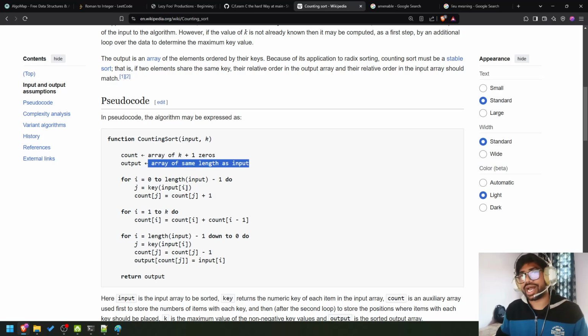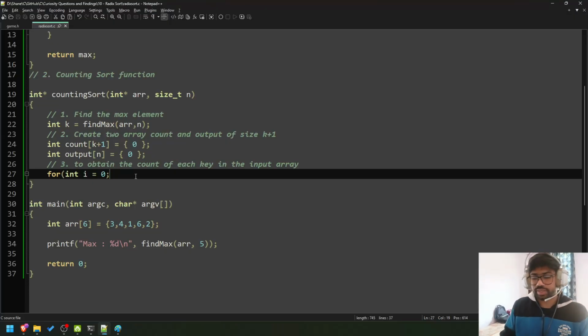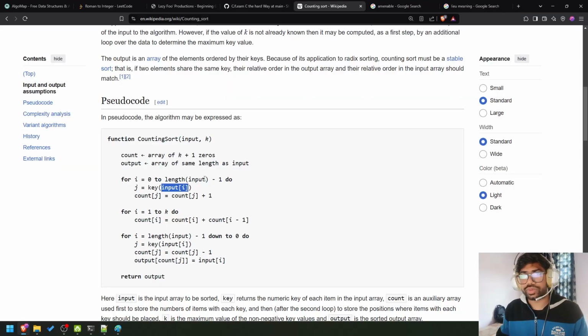Okay, because I here, let me see, okay, I goes from 0 to length of input minus 1. That means